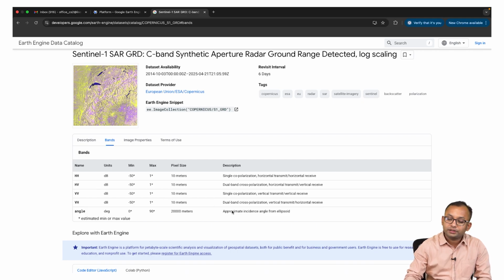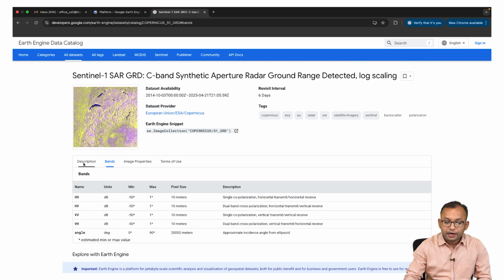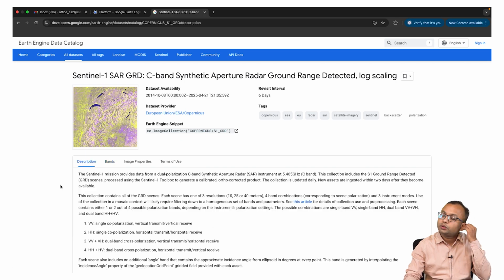You can read about this polarization in the synthetic aperture radar, and how we can use different sets of polarization image to get a more detailed overview of a particular type of object. What is the advantage of these radar data is, when we have, let us say, monsoon period, we have the